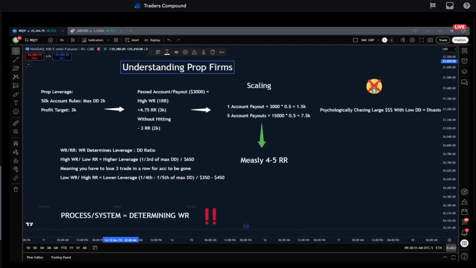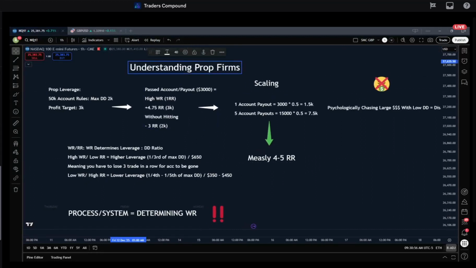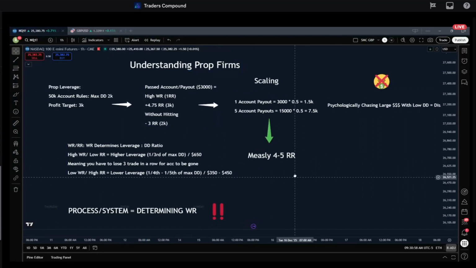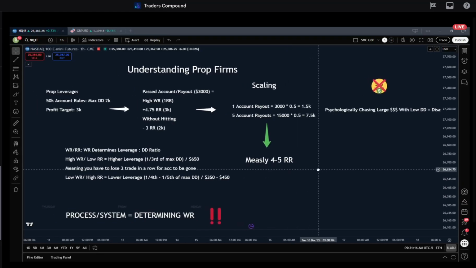Let me pull this over here. Okay, so we're going to be breaking down why prop firms are useful and what they are. I'm not going to go into specific examples of what prop firms to use. I'll cover that a little bit later. But we need to understand what prop firms are and how they're meant to be used with trading, and some issues that I've seen some people run into with prop firms. So we're going to be covering that.